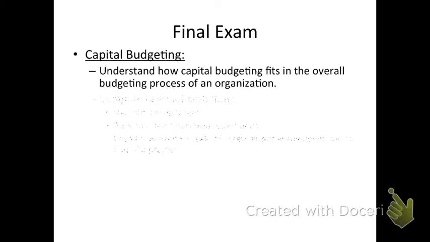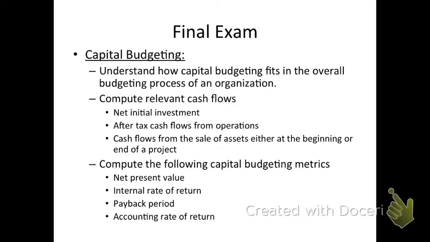All right, so for the final exam, here are the topics. Again, I don't think any of these will be a surprise to you. You can see that the two main topics that we covered since the second midterm are capital budgeting and inventory management. In capital budgeting, it's basically everything that we've talked about. Conceptually, we talked about where capital budgeting fits in the overall budgeting process. We do capital budgeting to understand what types of resources are going to be needed to acquire long-term assets. And the capital budgeting flows into the cash budget and our cash requirements for acquiring those assets.